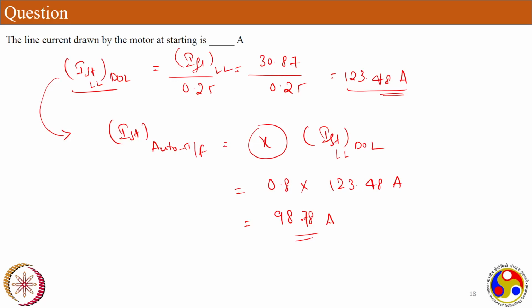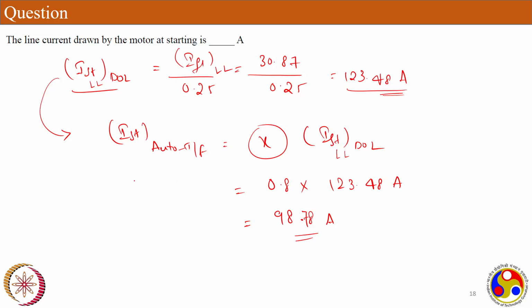See, if it's a machine line current, it's X times only. If it's supply current, then it's X square times. Yeah, so it is actually asking line current, that means supply side? No, no, if it is asking the current from the auto transformer,